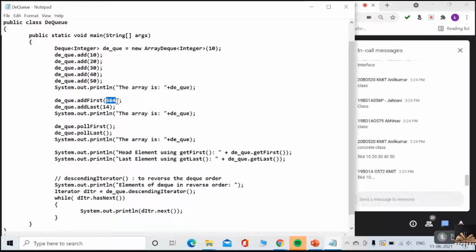Exactly, 564 and the remaining elements. If I add last of 14, that means it adds at the last of your list.